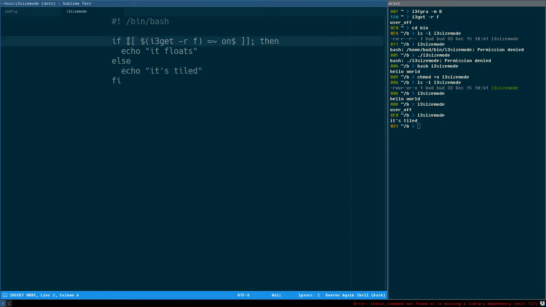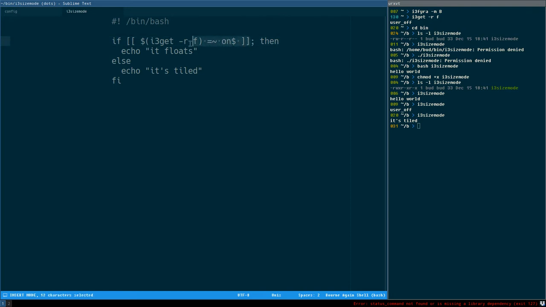And in Bash, this is a chapter on its own. These things and these things. It's a lot of stuff going on here. I don't know how much detail, but basically we run this command inside a subshell here, which is what this is doing, and that means that we will get either user on or user off here, return, and then this guy here, that means make a regular expression comparison of that string, and this is the regex, which means if the word ends with on, the $ sign here, it means that if the word or the string that is returned from this command ends with on,